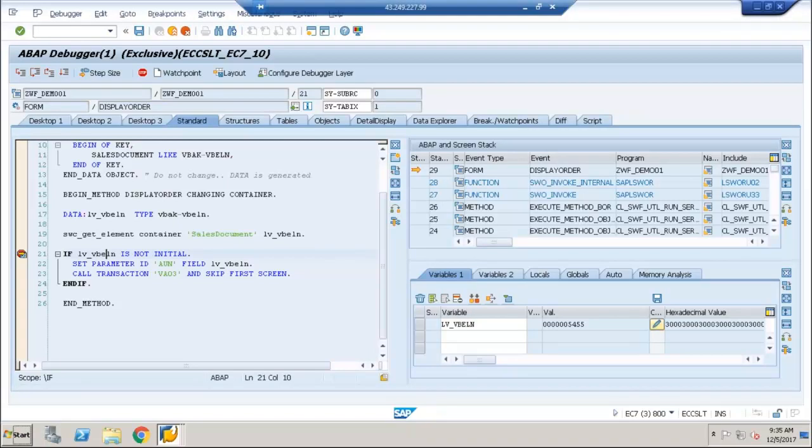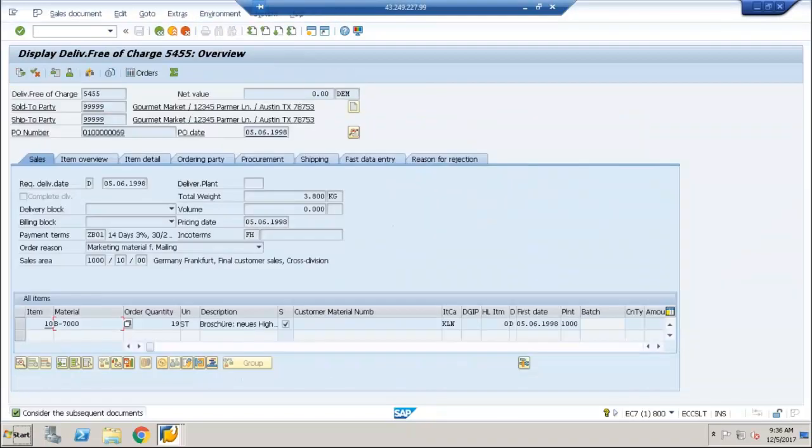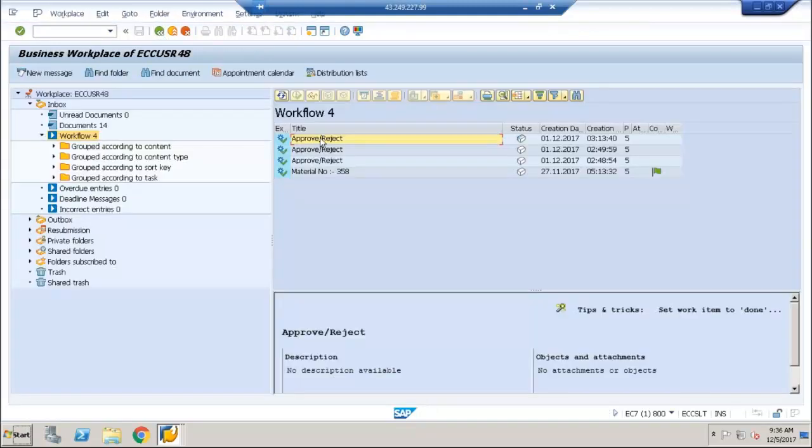I'm pressing F8. Now it will open the sales order. Immediately after going back, what will happen? The work item has disappeared from my inbox.